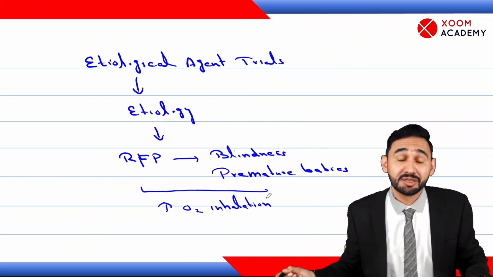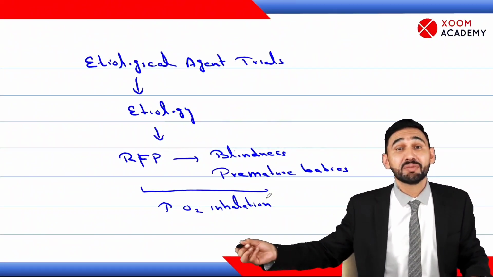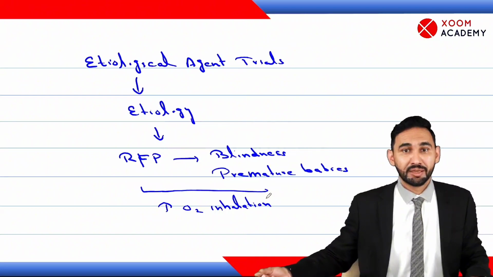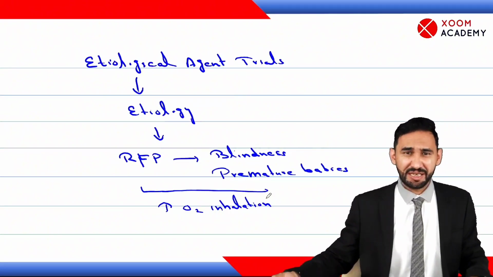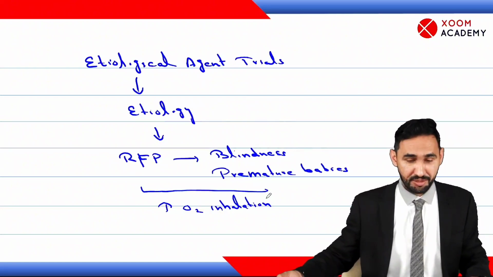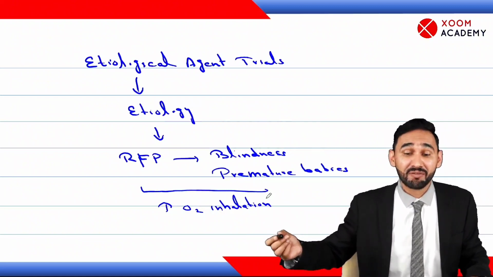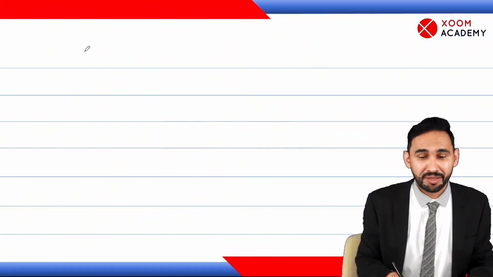A study was conducted. Premature children were divided into study group and control group. The study group was given intermittent oxygen, and it was seen that children who received any sort of oxygen developed blindness. So this is the exact etiology of retrolental fibroplasia. Then, we can do risk factor trials.